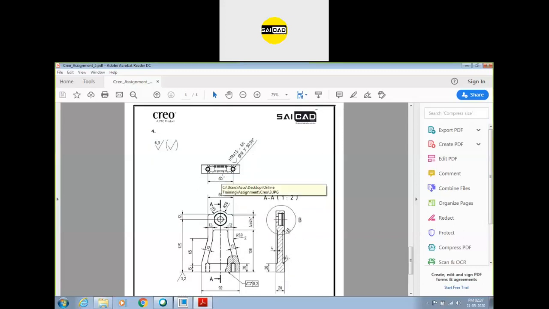In one we get the top view above, and right changes to left, left changes to right. In third angle projection, right will be right. In first angle projection, right will change to left.